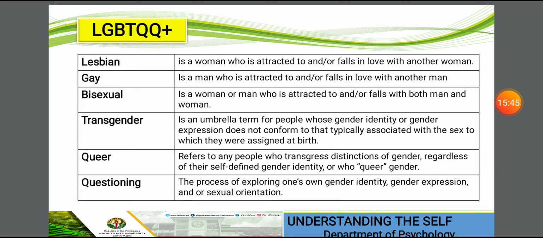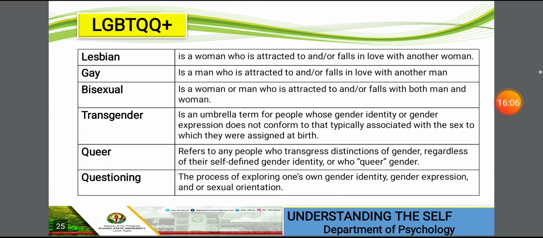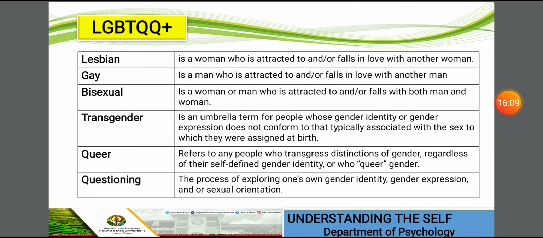So, L is for lesbian, a woman who is attracted to and or falls in love with another woman. Gay is a man who is attracted to or falls in love with another man. Bisexual is a woman or man who is attracted to and or falls in love with both man and woman. Transgender is an umbrella term for people whose gender identity or gender expression does not conform to that typically associated with the sex to which they were assigned at birth. Queer refers to any people who transgress distinctions of gender regardless of their self-defined gender identity or who queer gender,